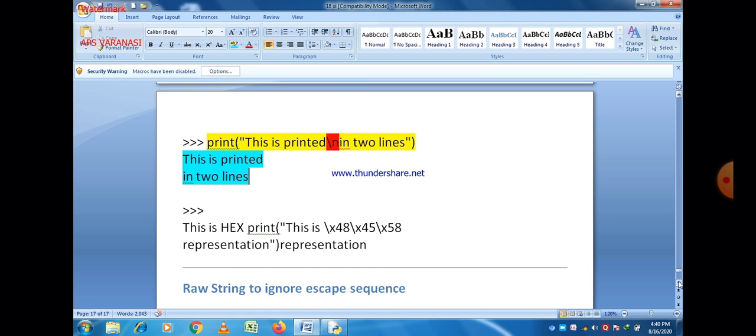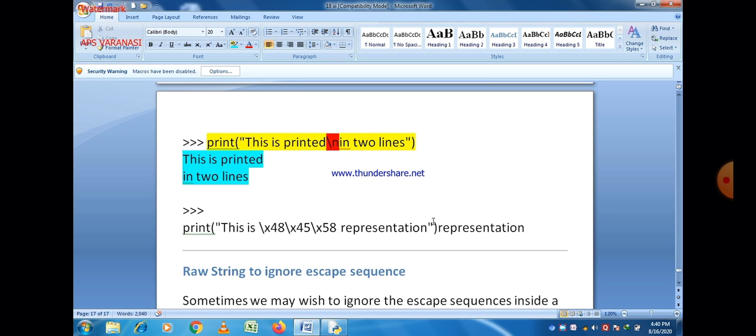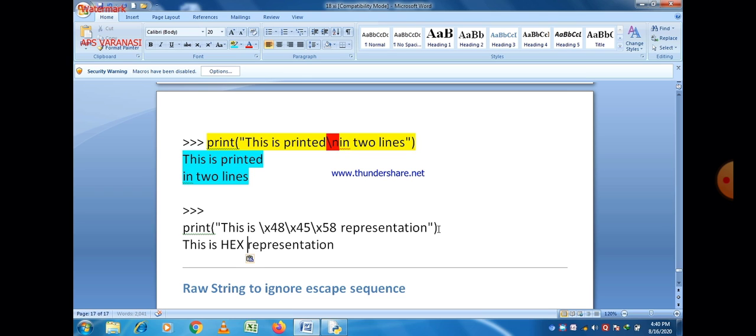If you use slash t instead of slash n, then there is a tab space between the two parts printed in 2 lines. Next is hex representation. If you write \x before a hexadecimal value, it means the Python interpreter converts this value into a hex representation.